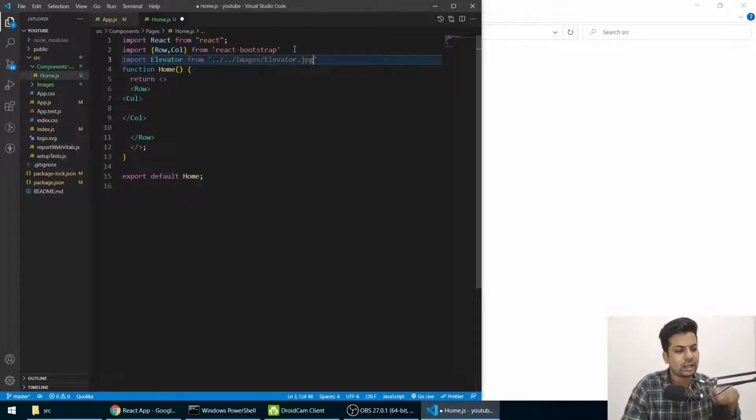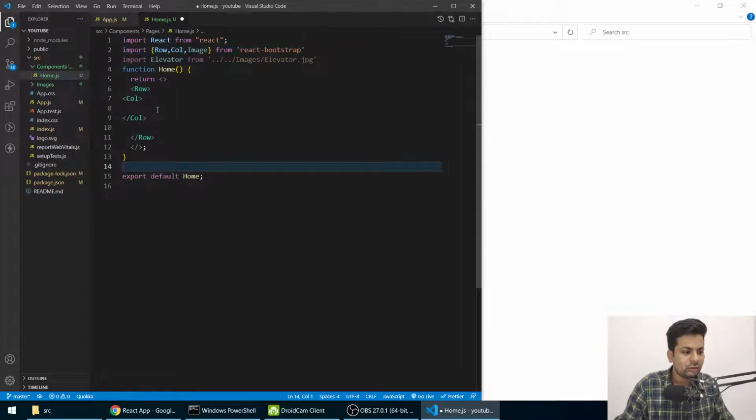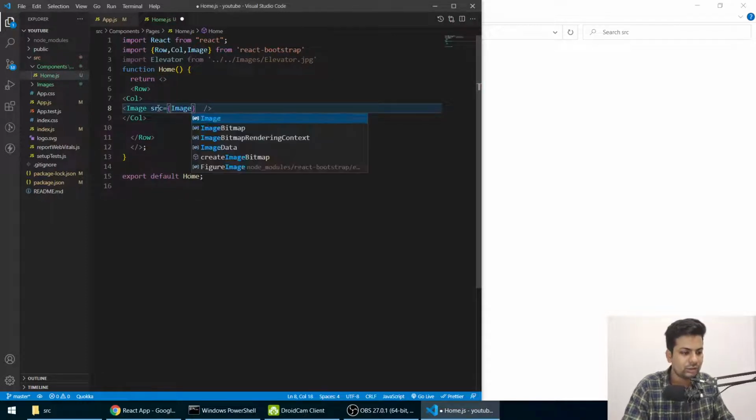So I can use this as my image. Now in the column, in between, I'll say Image, and I think I don't need the closing one. Yeah, self closing is enough. And I'll say src is equal to elevator.